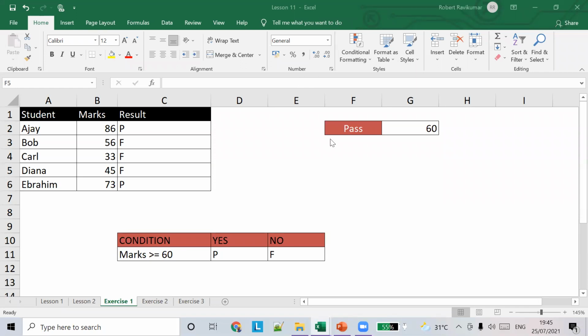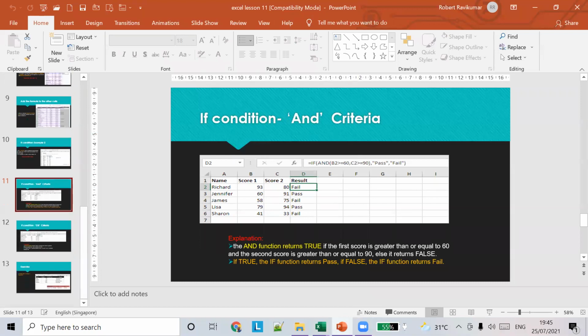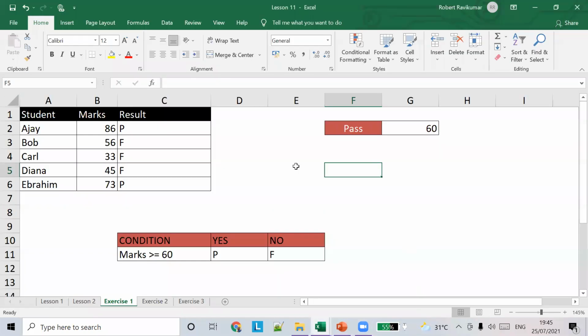Okay, let's do another example. We still have more time, and maybe we'll do some more examples. So guys, this example is simple, right?